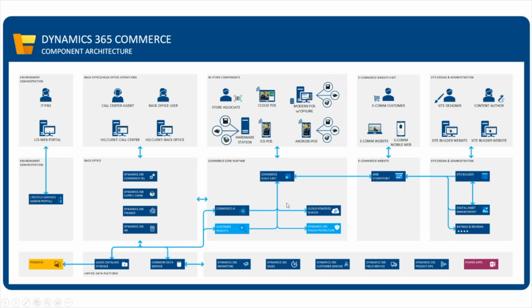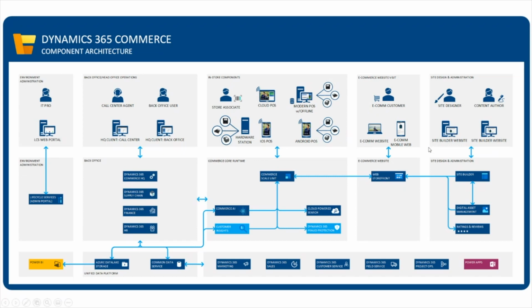These are backed by our commerce scale unit, and our commerce scale unit itself may utilize multiple other services behind the scenes to provide a more enhanced and improved experience for operations in the store. This commerce scale unit is an omni-channel scale unit in that it powers both our in-store components and it also powers our native e-commerce capabilities that we have shipped as of the start of last year,